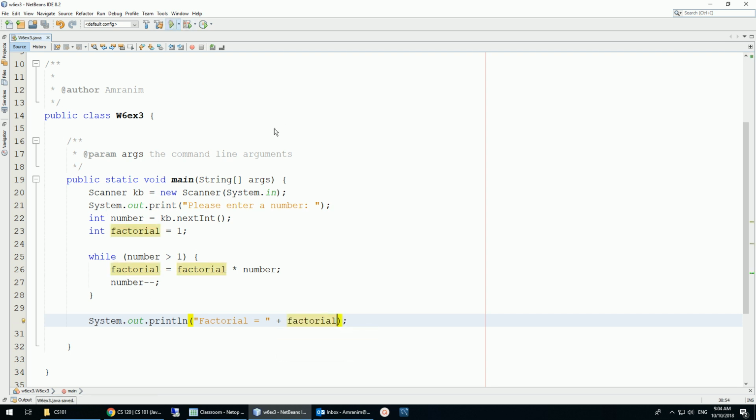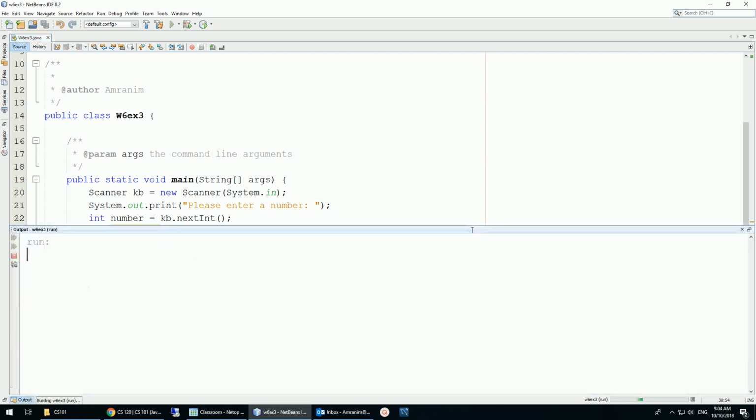Now I'm going to test this with numbers that I know. For example, factorial of 2 is 2. Factorial of 3, 6. Because it's 2 times 3. 3 times 2. Factorial of 4, 24. Because it's 6 times 4. So if I put 2, that's working. Execute again. 3, working. 4,